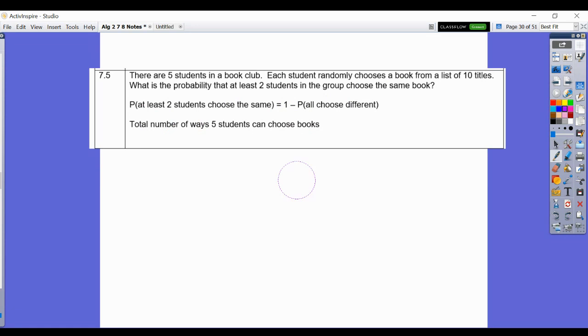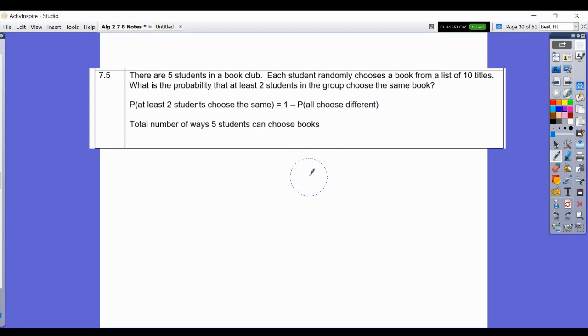All right, one more example here. There are 5 students in a book club. Each student randomly chooses a book from a list of 10 titles. What's the probability that at least 2 students in the group choose the same book? So this is a little trick you can do. If I wanted to know that at least 2 people chose the same book,